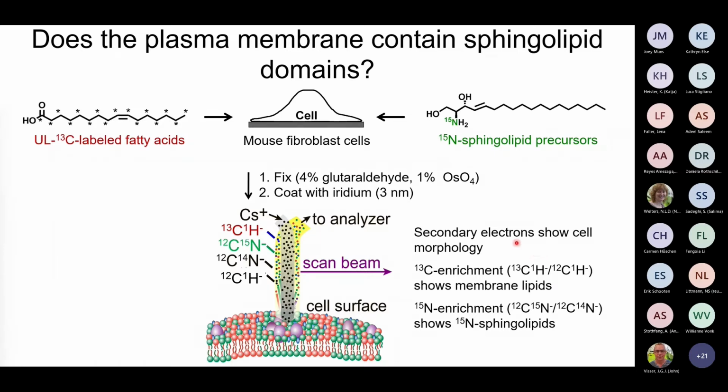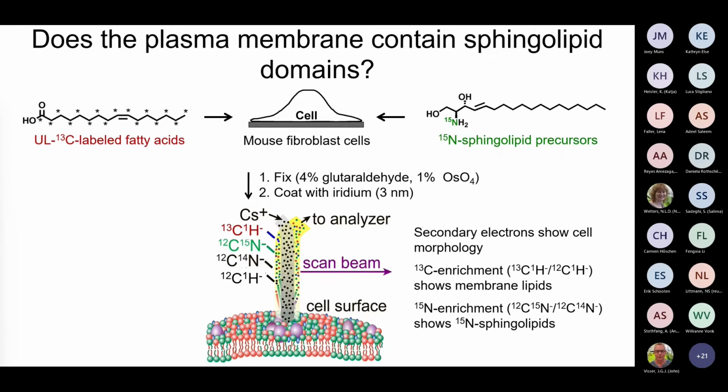When we do our imaging, we do collect secondary electron images that show the cell's morphology, so we know what we're looking at. This technically would be MIMS, according to Matt's description, because we're ratioing the rare stable isotope that's specific to each component, C13 for lipids and 15N for our sphingolipids. The rare isotope is ratioed to the counts of the more abundant isotope that's detected at the same pixel. This allows us to control for the effects of topography, charging, and other factors that are not dependent on lipid